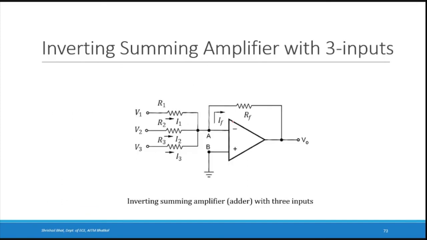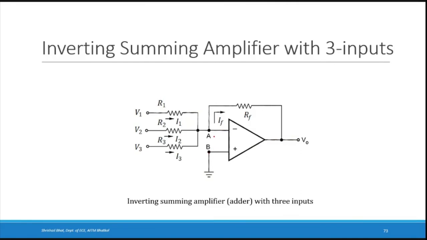It also indicates that the output is the sum of the input signals. As I said, this is the 3-input version of the same inverting summing amplifier. The only difference is that there is an extra input. Instead of just V1 and V2, we have another input V3, which is connected through resistance R3, and there is this current I3. So the explanation will be similar. I want you to get an expression for the output voltage of this 3-input inverting summing amplifier. You can follow the same principle, start from the known potential at node B, that is 0. So VA is also 0.